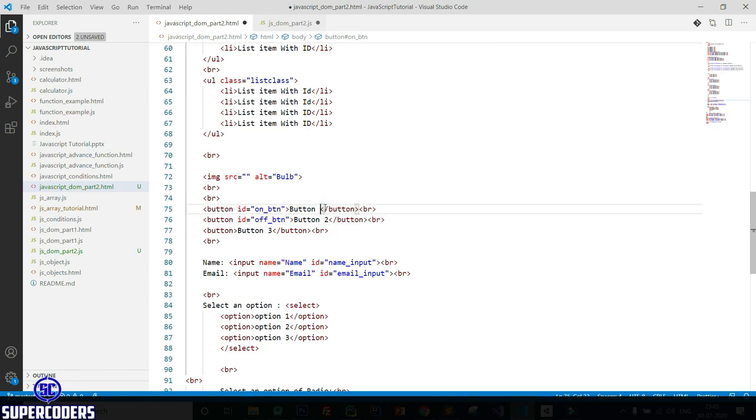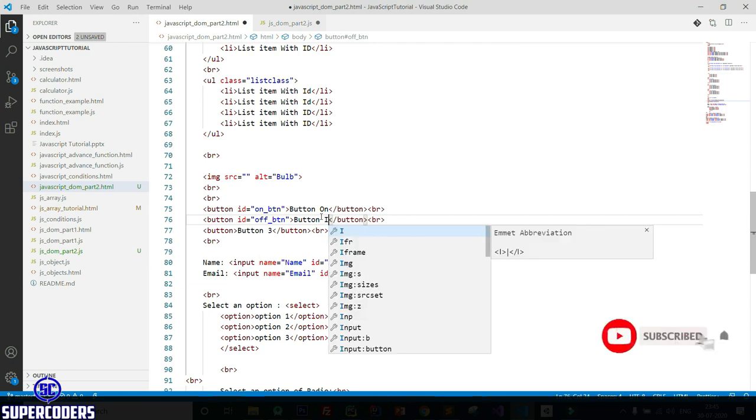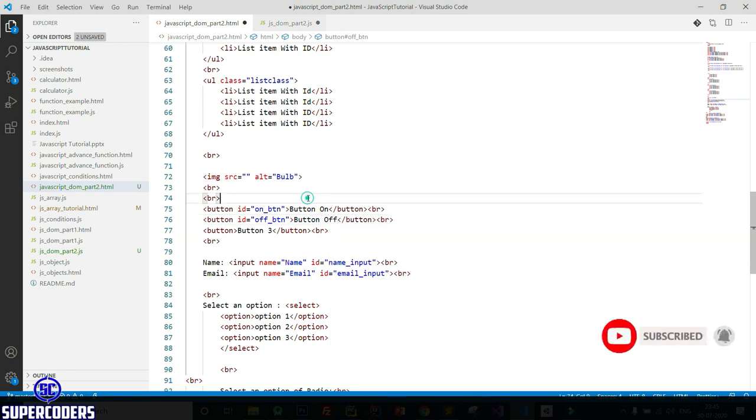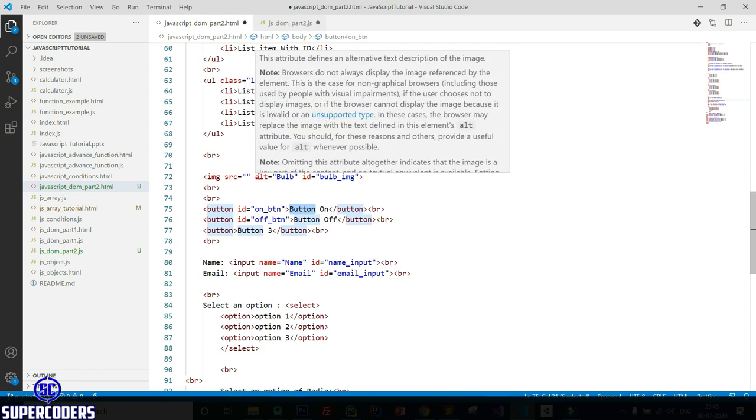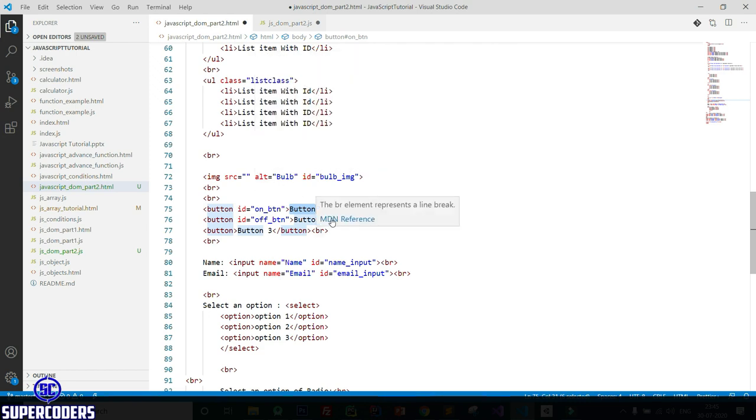So button on, button off, and change the id: button, bulb image. So what I am doing here: on clicking the on button I will turn on the bulb, on clicking the off button I will turn off the bulb.